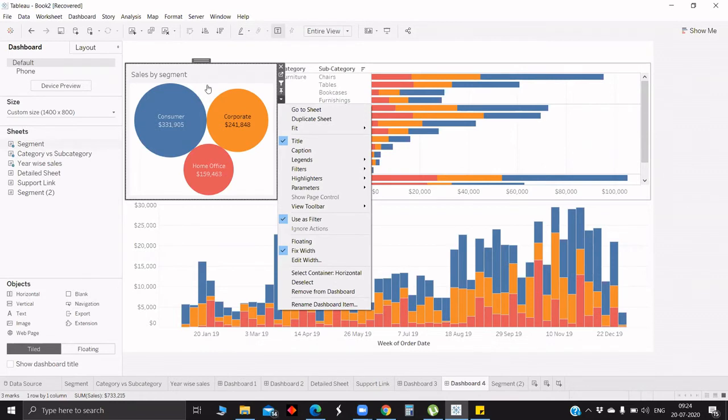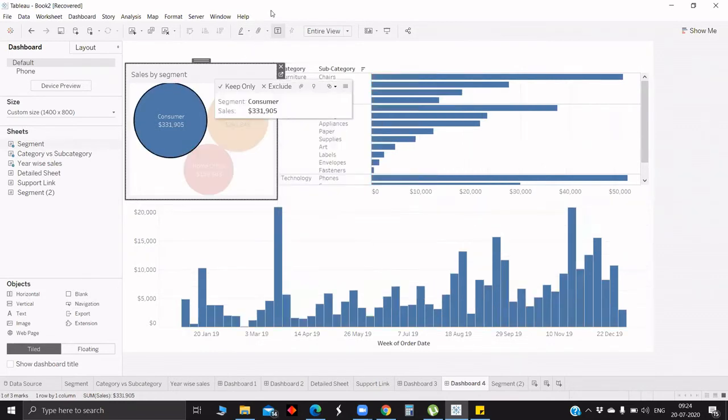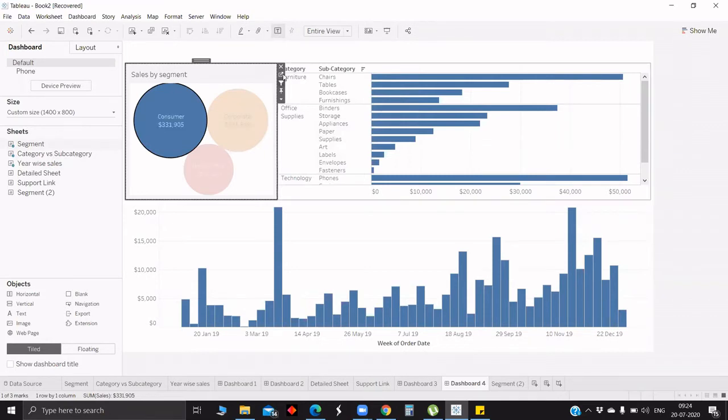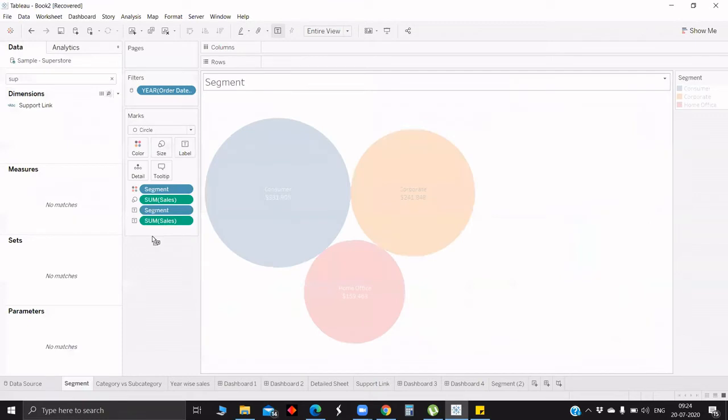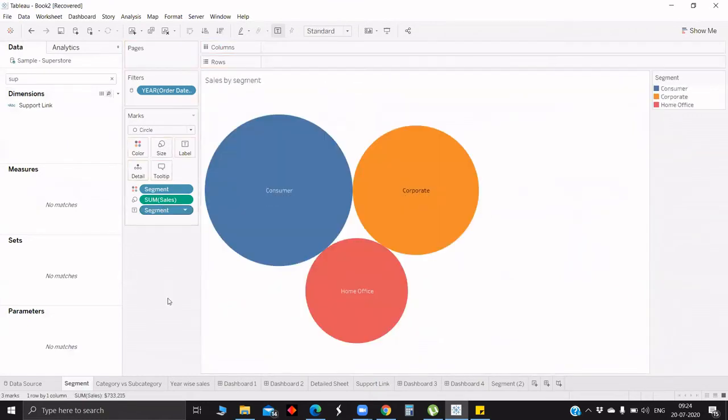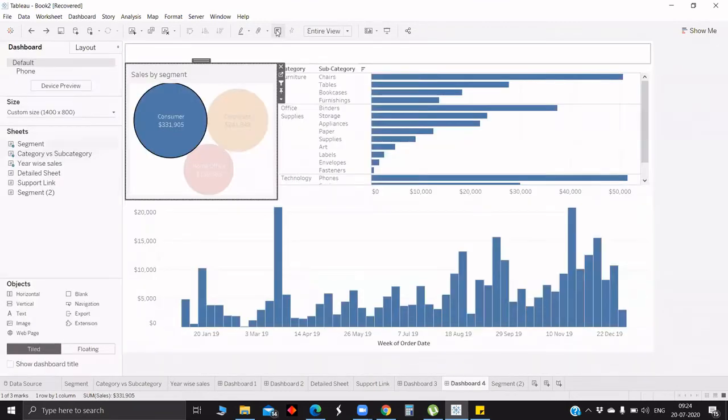Now we will jump on to the top tab here. So here we have text. What it does is, once you click on this, automatically the text will be removed. Generally, what we used to do is go here and remove all the text. There is no need for that. Once we click on this text bar, automatically the text will be removed. If you click on back, it will show the mark labels again.